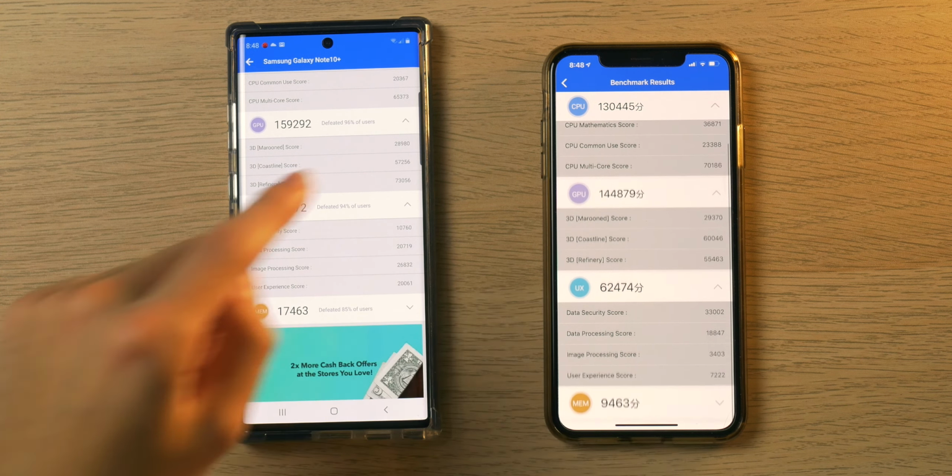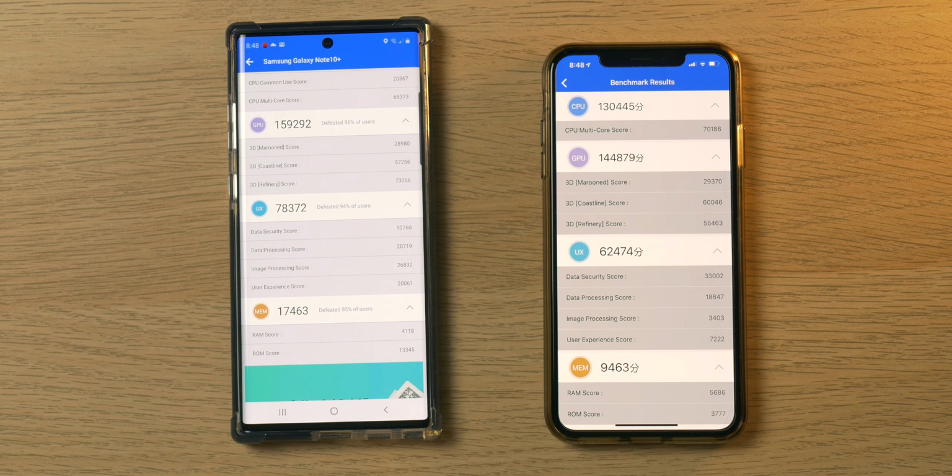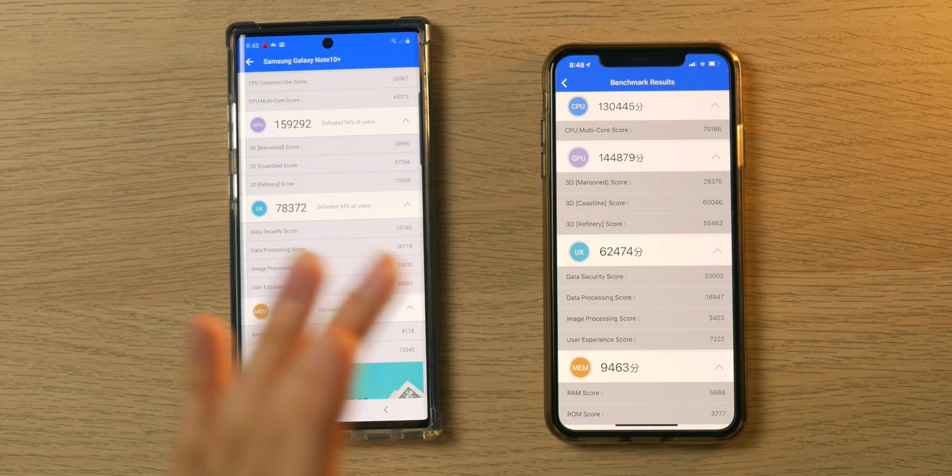62,474. And then in terms of the memory, this is where the Note 10 just demolishes the iPhone XS Max, because as we had established, there was 4 times the amount of RAM in here. So the RAM score was 17,463 compared to 9,463. While the RAM itself might be a little bit slower, as it seems the ROM score is much, much higher. And I assume that's because of the presence of 12 gigabytes of RAM on here versus the 4 found in